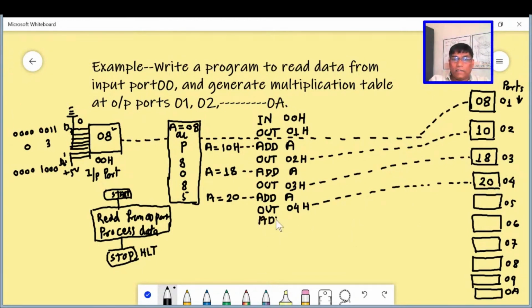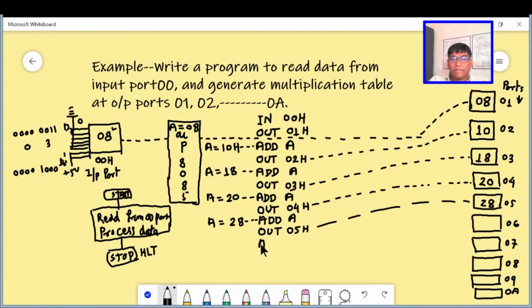Again the things are clear. We have to write the ADD A instruction, and then the accumulator content will be 28. After this instruction, we write OUT 05H, and this content at 05H will be 28.